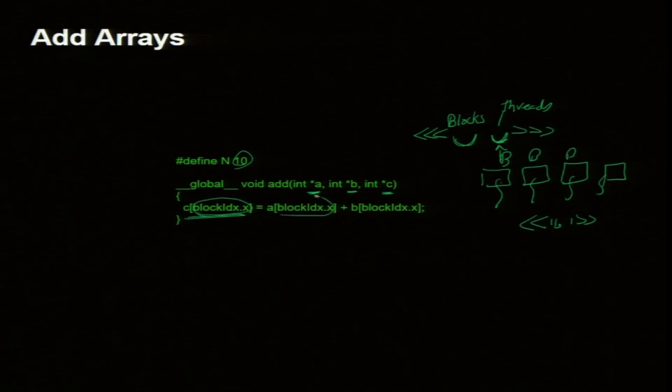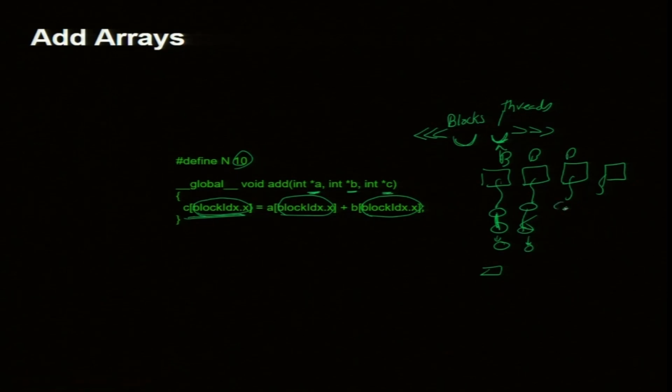So, every block, this is the block id. I have 10 blocks, and the single thread in each block is adding A and B of its own data and writing into C. Is that clear? This first block has A, B, C. A and B are added and stored in C. This one, A and B added, stored in C, like this.